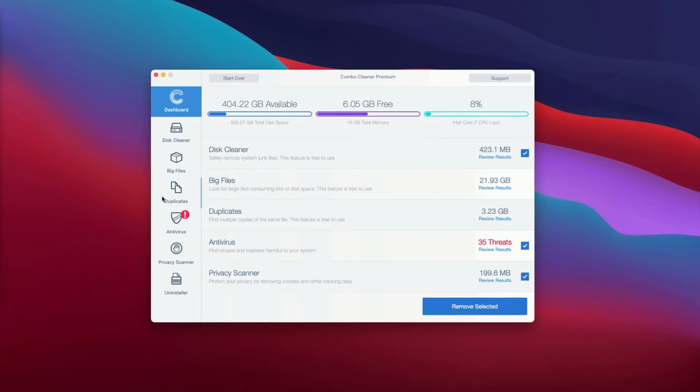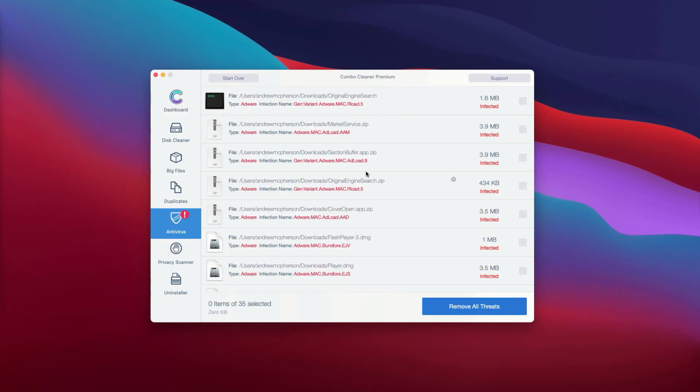After the scanning is completed, you'll see the detailed report about the status of your Mac. You may go to the antivirus area and click on Review Results. The antivirus will give the total number of threats, and to review them, click here. Now, the program will show you the name of each specific threat, and what's very important, it will also show you its exact location. So what you can do is to click on this icon, this button that says Show